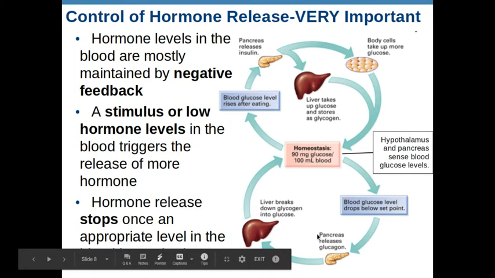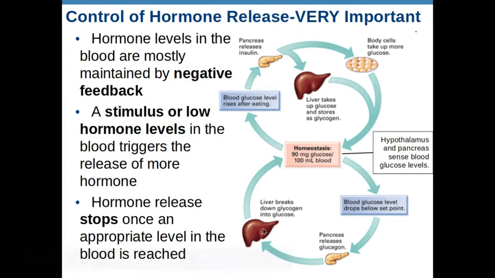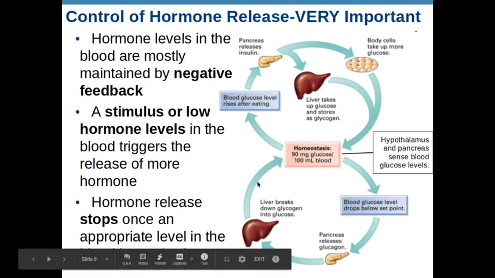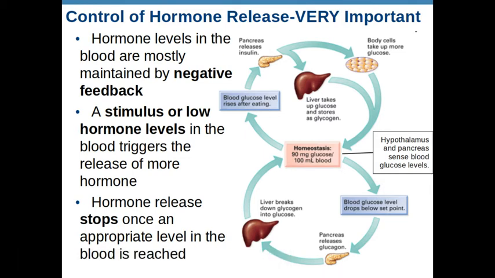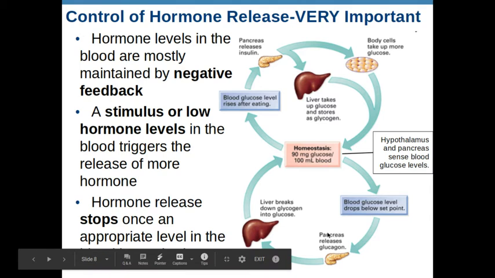Then that hormone glucagon will travel to the liver and ask it for some of the glucose that it has in storage. That glucose will be broken down and released back into the blood, which raises the level of blood sugar. So the blood glucose levels have come back up to the set point that has been set by the brain as the normal level of glucose in the blood. The body doesn't want to keep releasing glucagon over and over if it's not needed for that task, and so it will basically turn off, or stop the production.